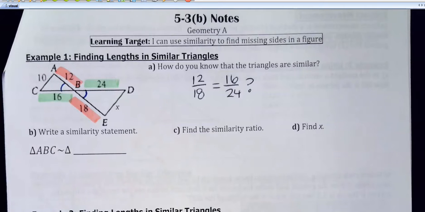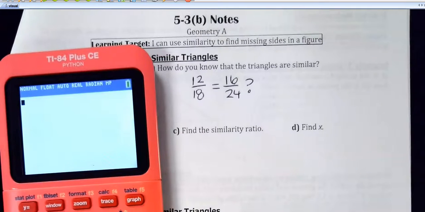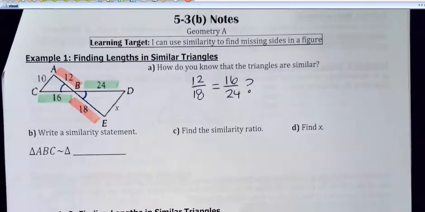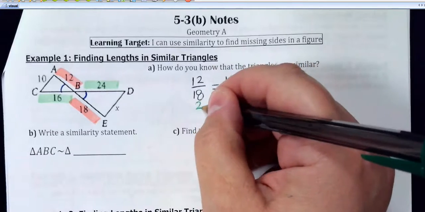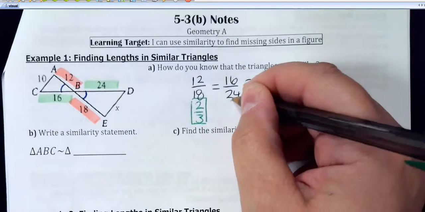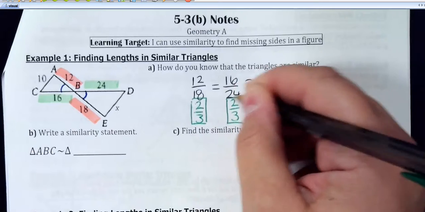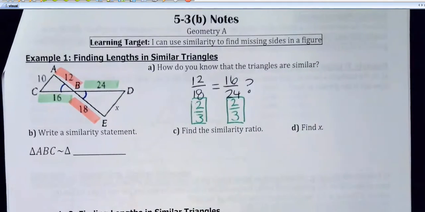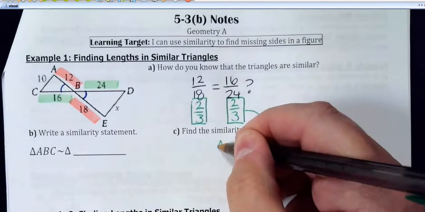You could actually, if you guys wanted to do this, you could actually check the proportion. Do like 12 times 24, see if that's equal to 18 times 16. That's another way you could check, or just see if that's actually true. That'll tell you that they reduce to the same thing. They do actually reduce to the same thing here. Both of these are divisible by 6, so this reduces to 2/3. 16 and 24 are both divisible by 8, also reduces to 2/3,